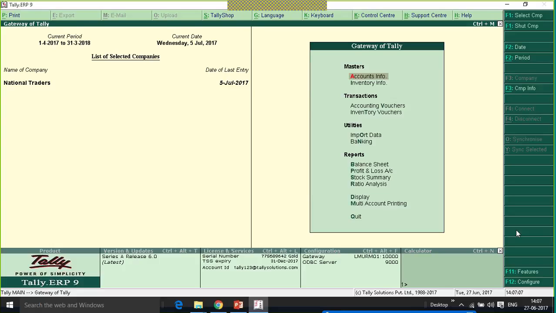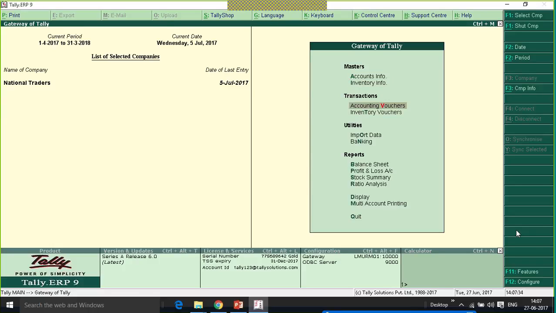So the total value has become 1,50,000. On 1,50,000, the tax is 18%. So central tax will be 9%, state tax will be 9%. Central tax 13,500, state tax 13,500. So let me record the tax liability on such purchases from unregistered dealers.